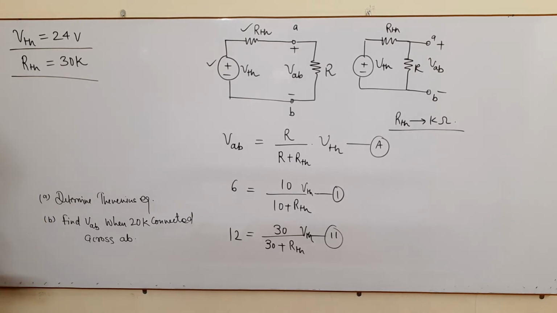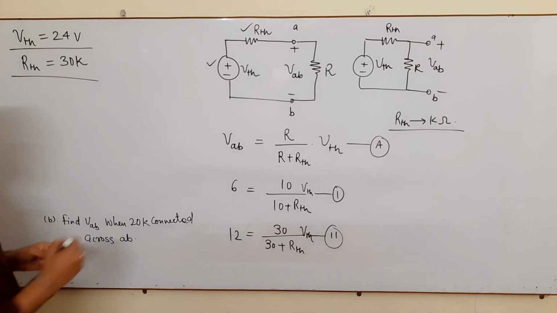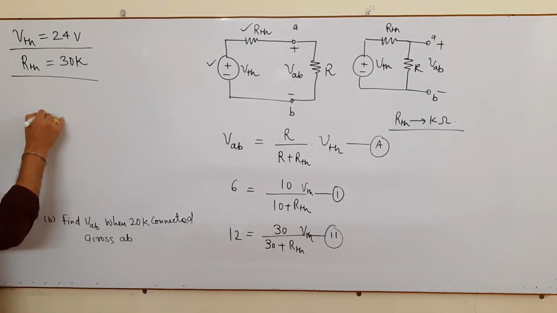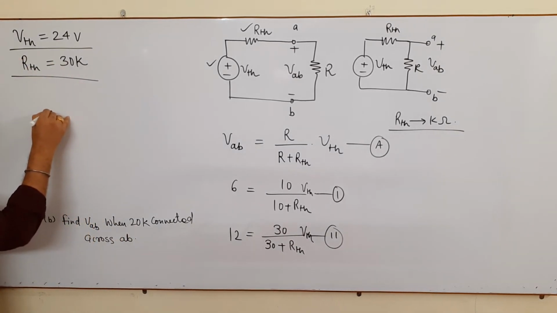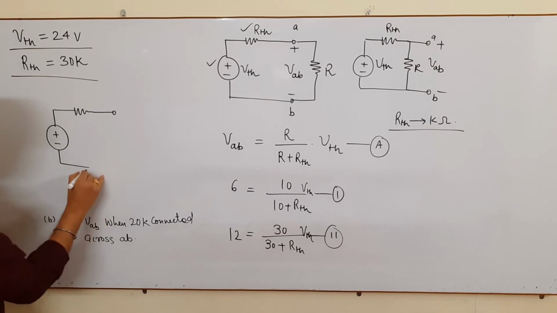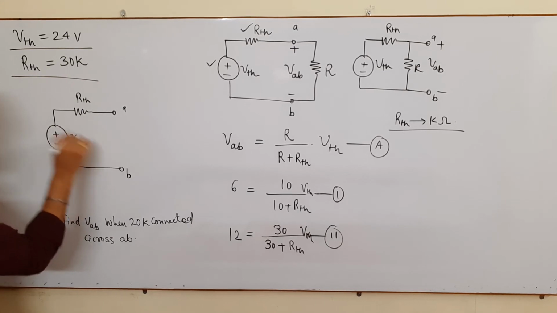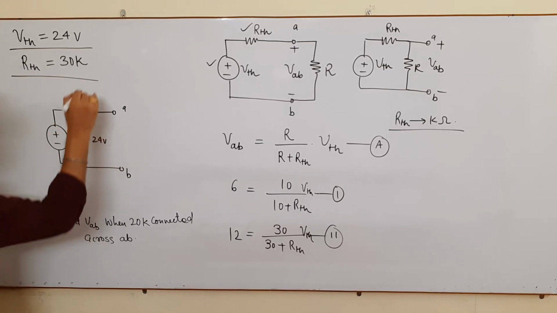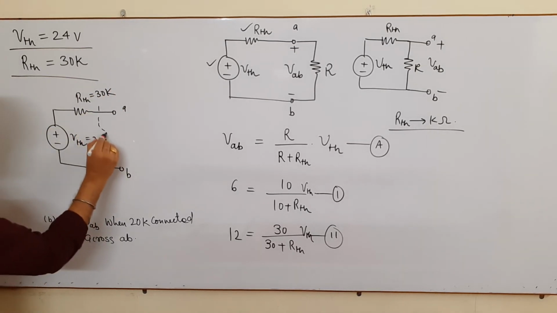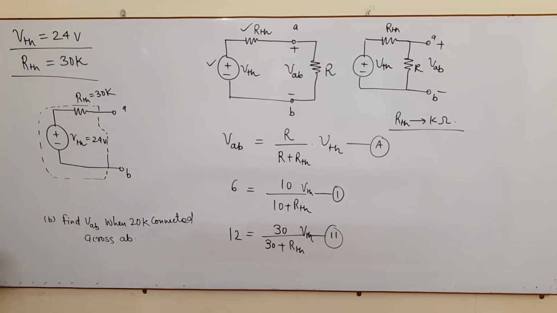So you have solved the first thing, the Thevenin's equivalent of this network, that network which I have already removed. So I will redraw it. This is your VTH and this is your RTH, and that was your terminal AB, where VTH comes to be 24 volt and RTH comes to be 30K, with these terminal AB. So this was your linear network which we have found.